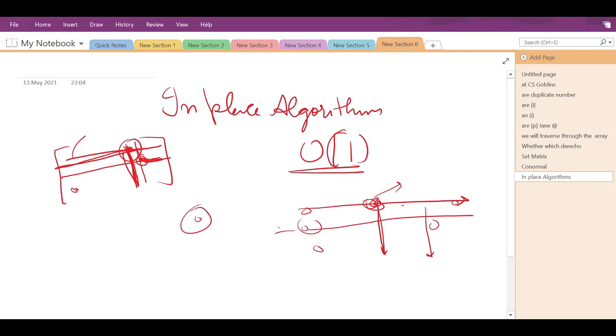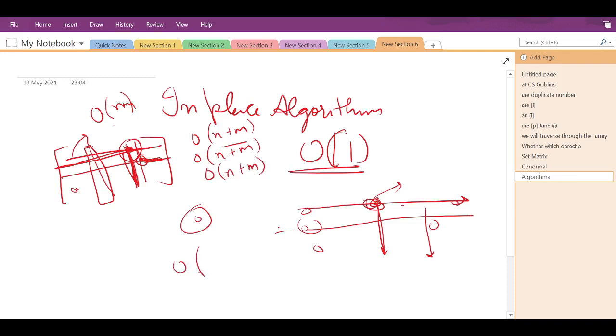So we are using this again and again, which adds to the time complexity.